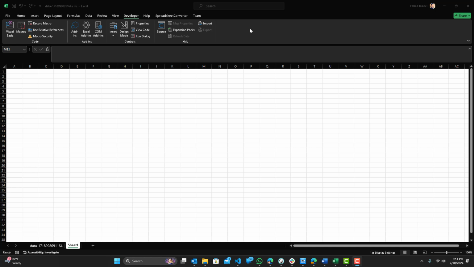Welcome to RAM Overload. Today I'm going to show you guys how to enable this developer tool on the Microsoft Excel ribbon. By default this developer tool is not here, so if you need to write any macros or any VB script or custom add-ons, you can't do it unless you have this developer option